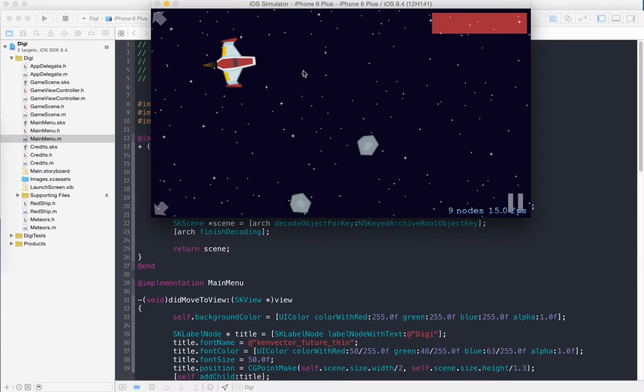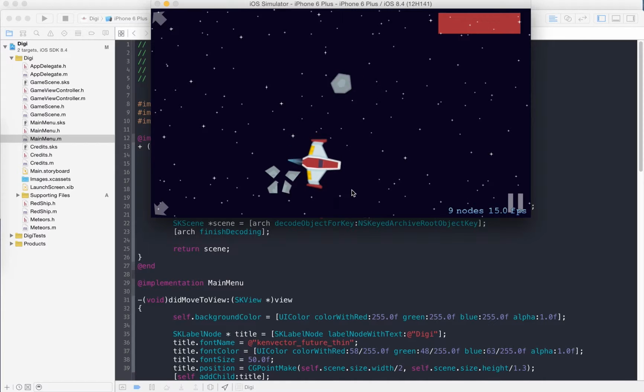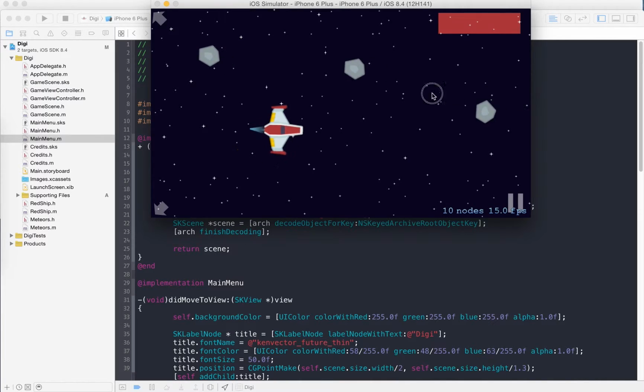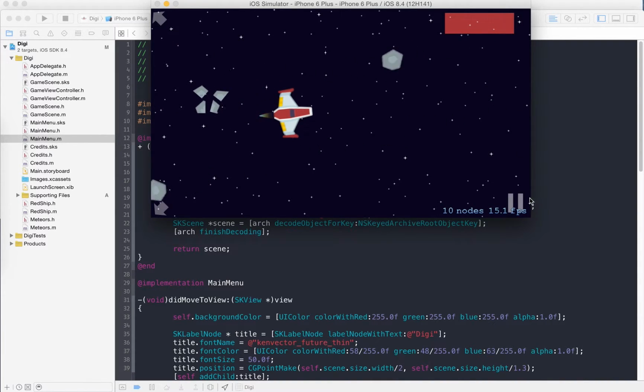So currently you can see that the background doesn't move at all. I would like to have this so when you're flying backward, or when you're flying forwards, there's always going to be some form of this background moving from here to here, and it's just always going to continue scrolling backward. But then also when you move up, what will happen is the background will scroll from top here to bottom, and that will give it a much more